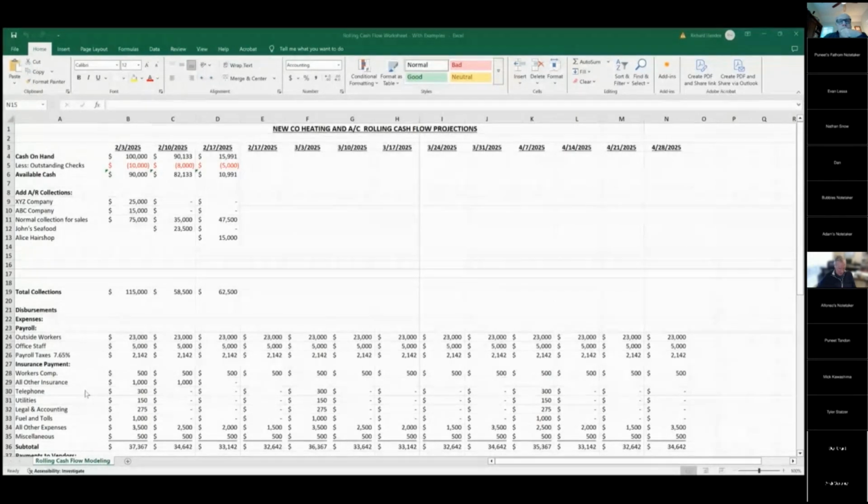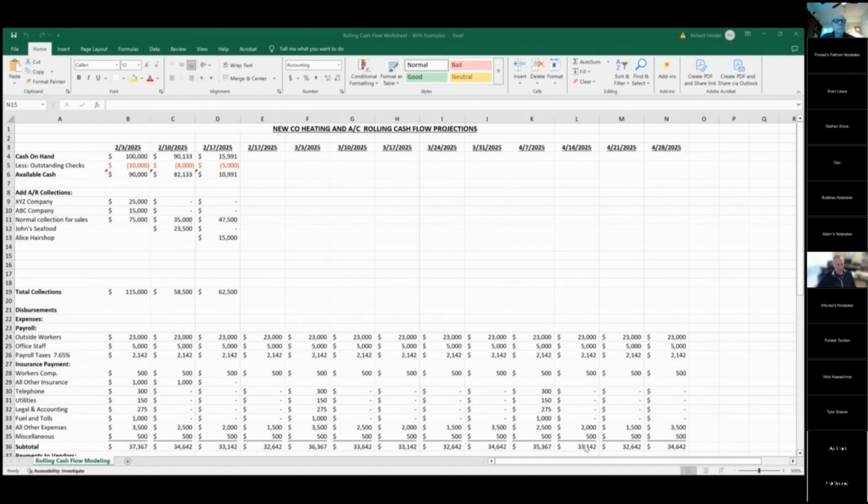Then you come down to your loan payments. You've got to make the payment to the bank. You've got to make the payment to maybe a seller's note. Once you deduct that, you also have to look at, okay, to do my business, I had to buy $10,000 worth of air compressors or whatever from a supplier, and they have a payment coming due also this first week of the month.